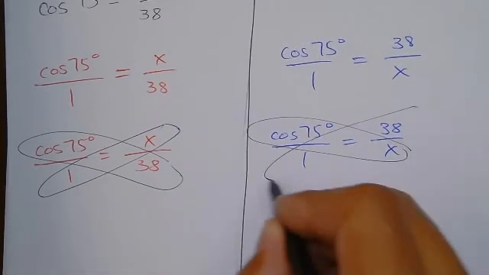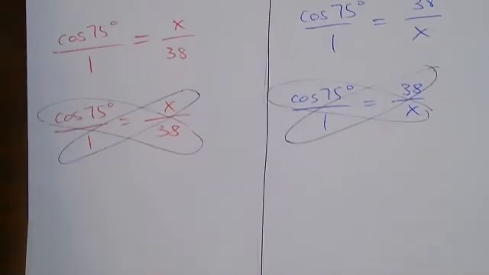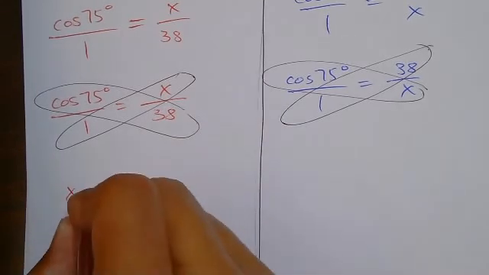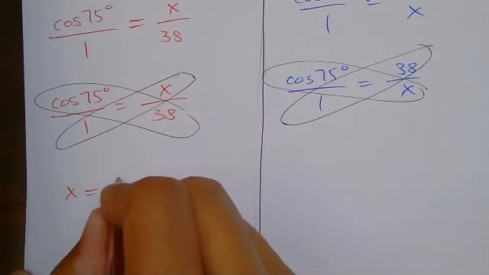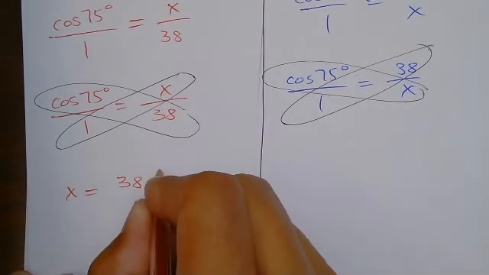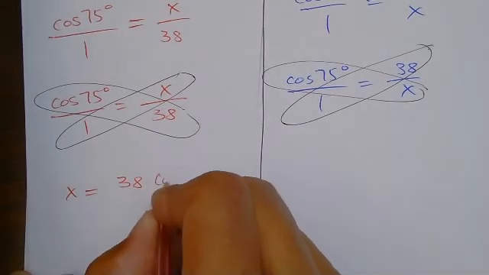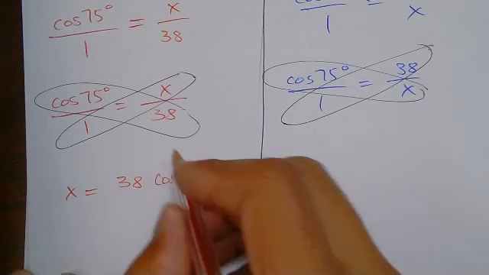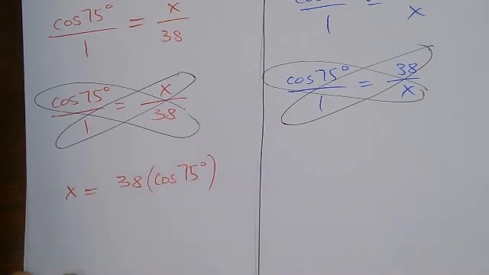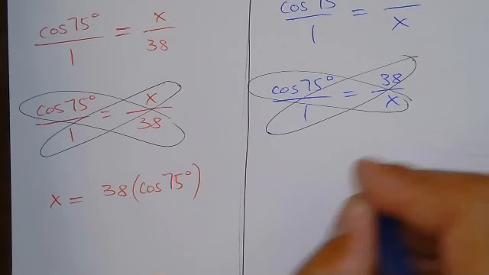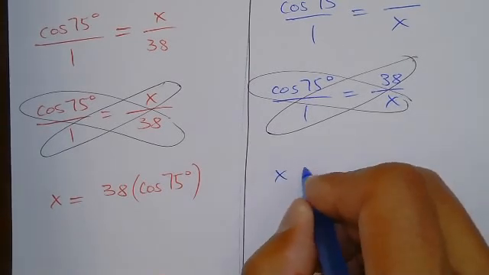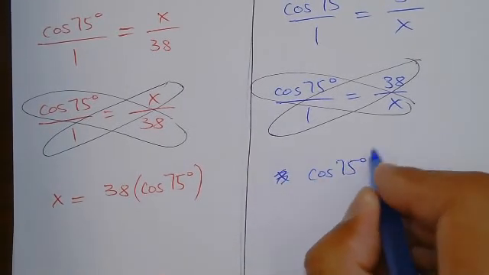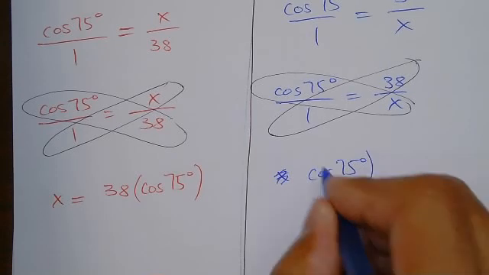Okay, cross multiply. So I'm going to start here this way, and then this one start here, and then this way. Okay, what are you going to get? This one's going to give you x is equal to 38 times cosine of 75. This one's going to give you